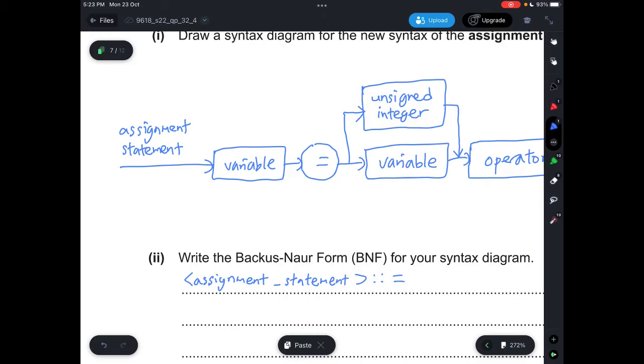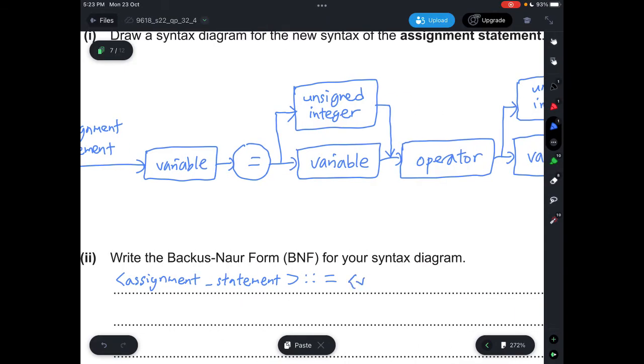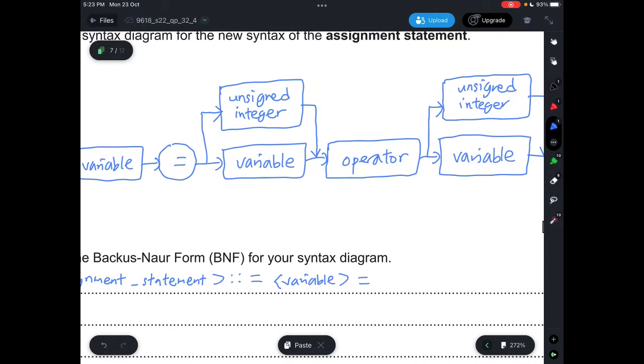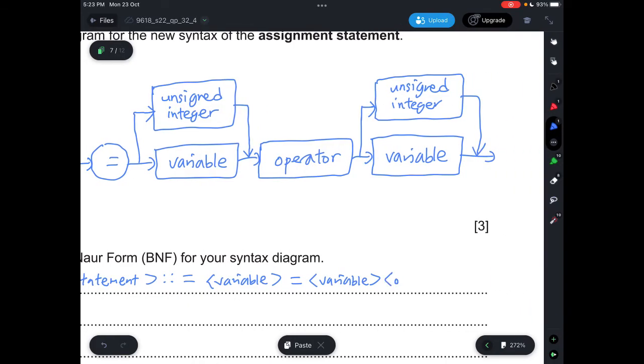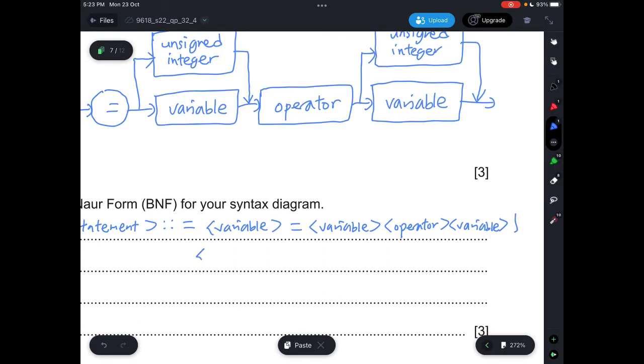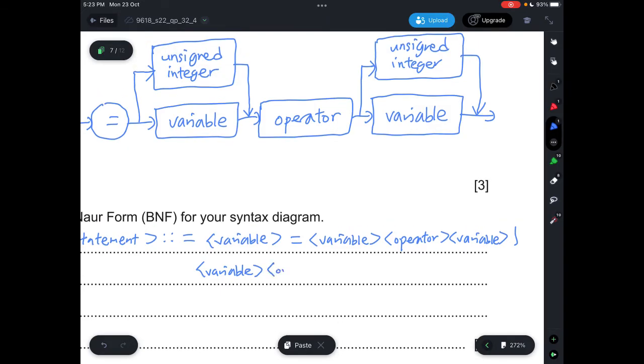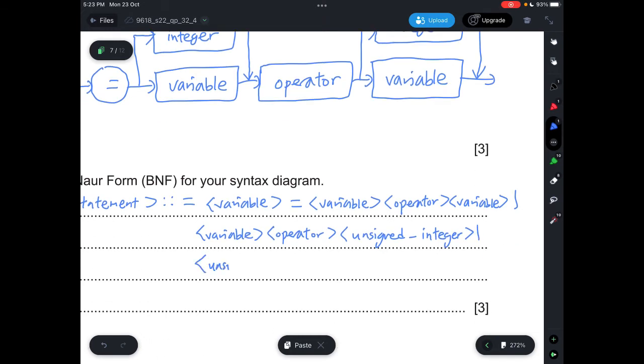Two colons and then one equal sign, and then variable equals to variable operator variable, or variable operator unsigned integer, or unsigned integer